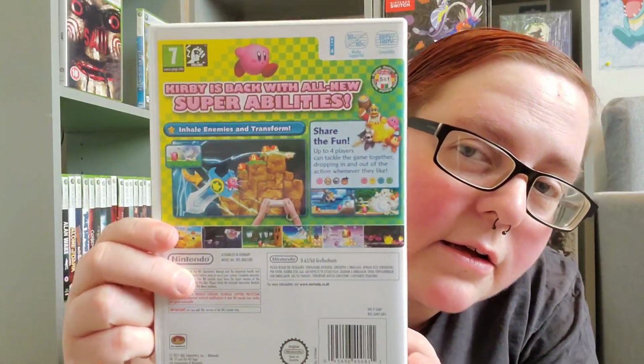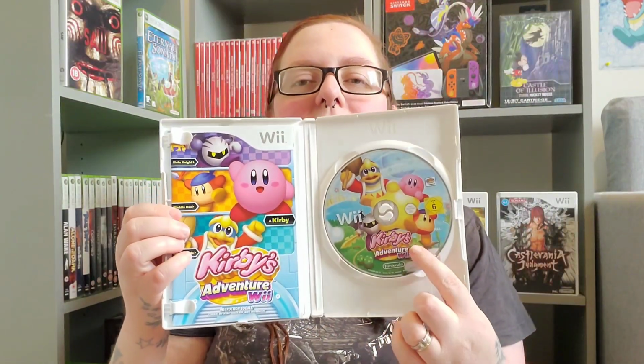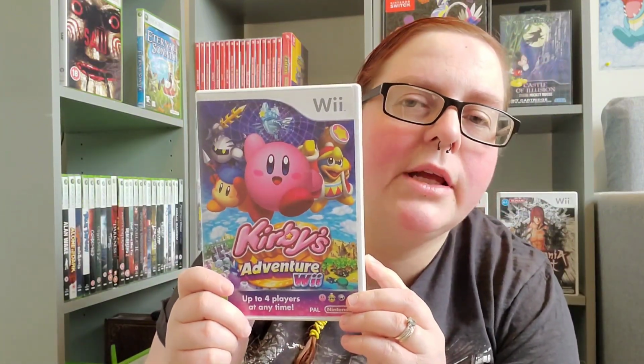Kirby's Adventure Wii, it actually looks so good. Let me show you the back. So yeah, let me show you the inside as well. As you can see, the manual is in absolutely beautiful condition, and obviously the disc has got awesome artwork on it as well. And this Kirby's Adventure is £25 for the Nintendo Wii, so it is on the pricier side